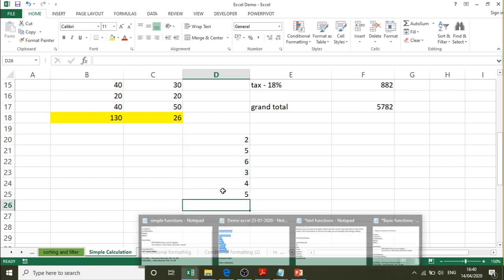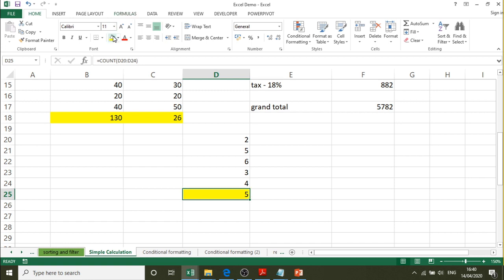So this is the number of values that are present within these cells. Say if there is no value here, so I will get 2. So wherever the numeric values are there, it will find the count and give the result.